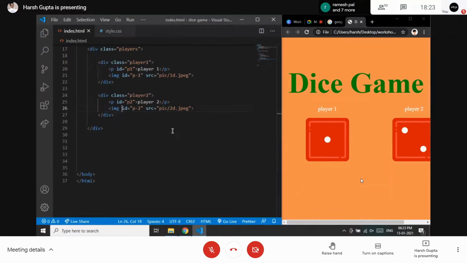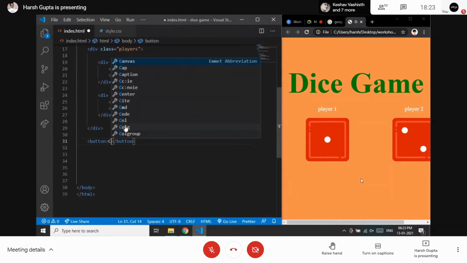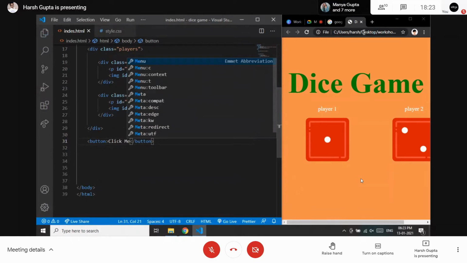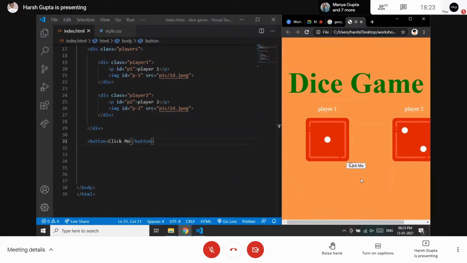So now what I need to make is a button. How can I make the button? For that we need to define a button. So I will be typing button. The button should be written "click me". Let's save this and see what happens. Okay, so here's our button, and let's give it an ID.